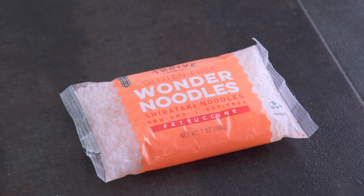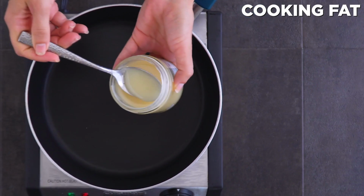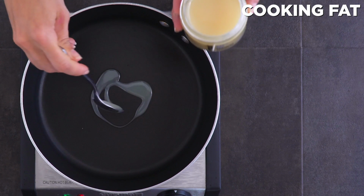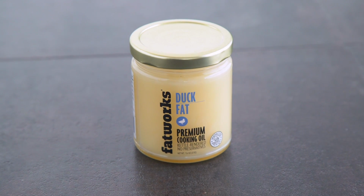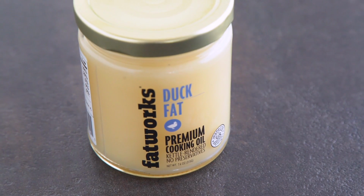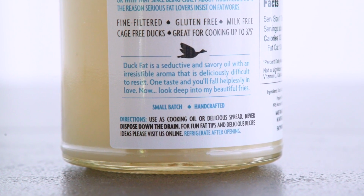For the fettuccine, I decided to try the regular kind, but also the spinach, why not? After draining, add a bit of cooking fat of choice to a saucepan. I used this duck fat, which I got from Thrive Market. What a cool ingredient. It is so rich and flavorful. I love finding these items to test and experiment with, but you can use any oil or fat you prefer,